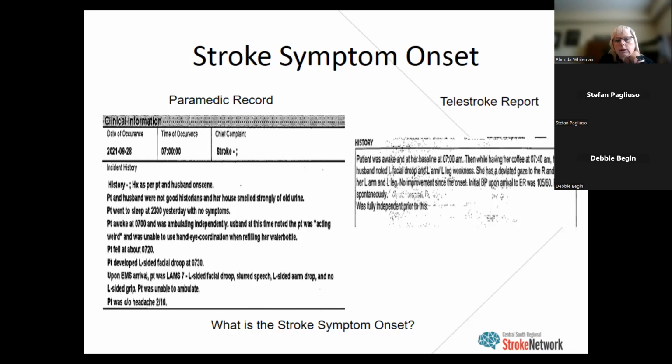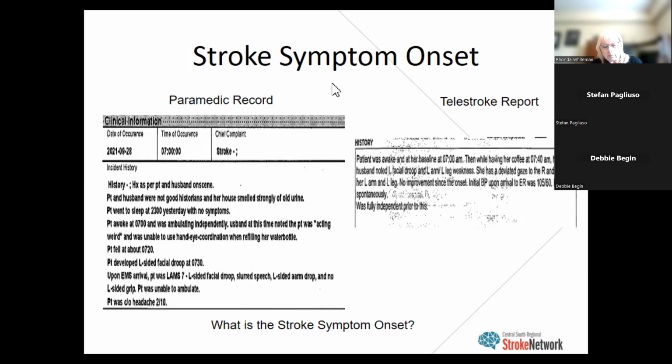So think about what information you have and what was the stroke symptom onset. What I'm going to do is launch the first poll. Based on that, you should have the option to select what you think the stroke symptom onset is. Was it